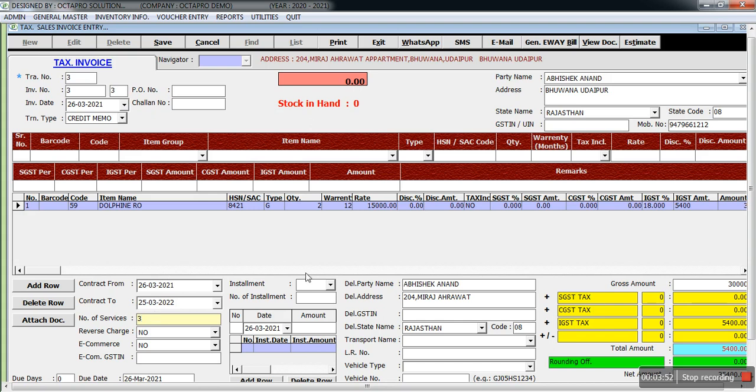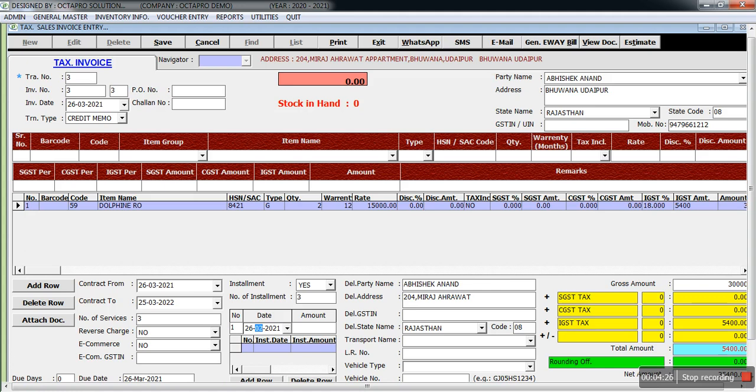Okay, so next, as I told you earlier about the installment reminder, here it asks whether you are accepting payment in installments or not. If we are accepting, then we'll select yes. Next, it will ask for the number of installments, then you can select your installment date and amount. Suppose we are providing 2 installments, or 3, or any number of installments that we want to give. Suppose we are giving him 3 installments, like today they are providing us 10,000 and the next 5,000 will be on each and every month.